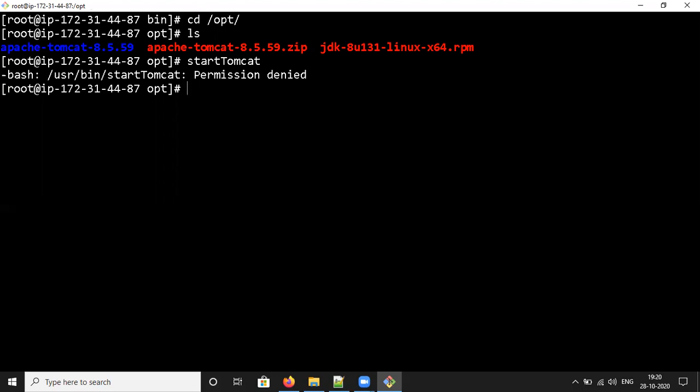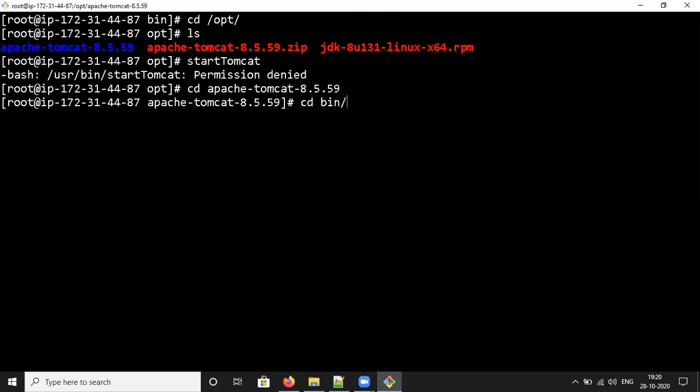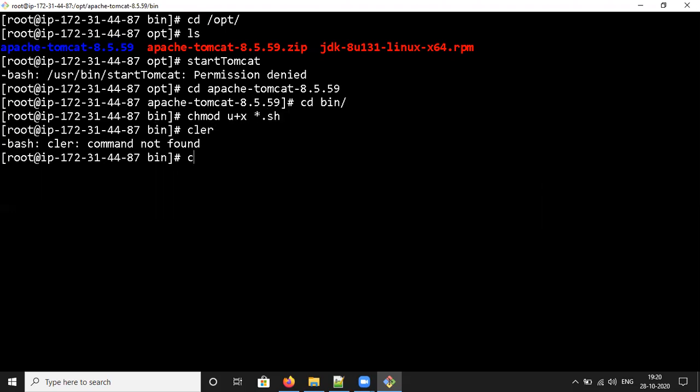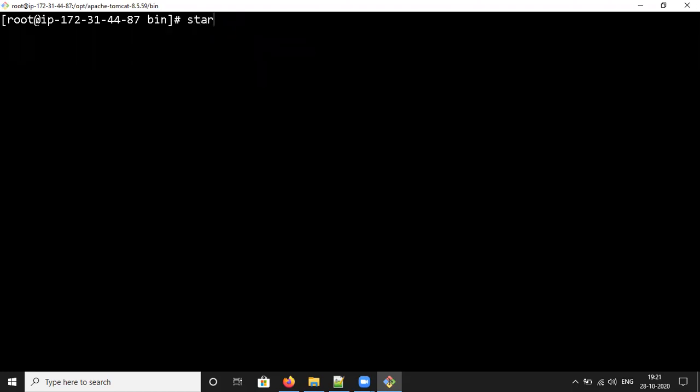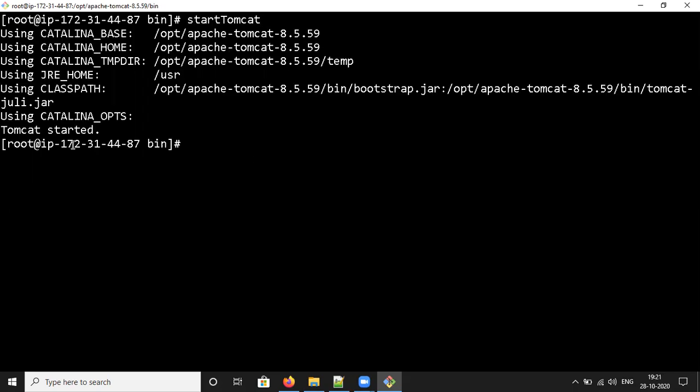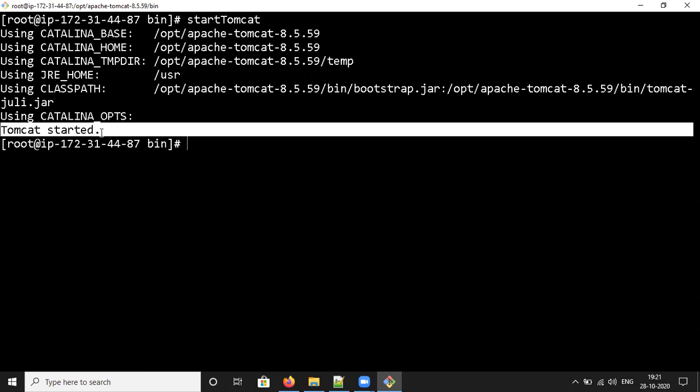It is still not working because we changed the permission from the opt directory. Instead, we need to get into the Apache Tomcat directory, then change the permission in cd bin. Now we can execute the permissions command. Clear it. Sorry. Now startTomcat. See, Tomcat started.